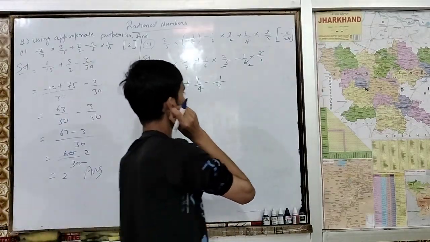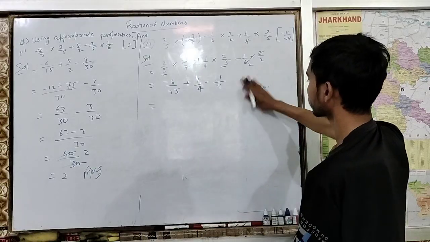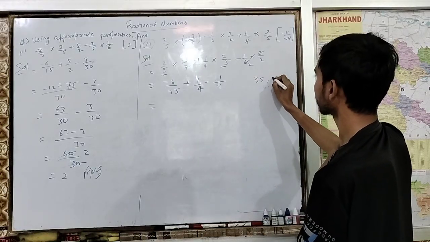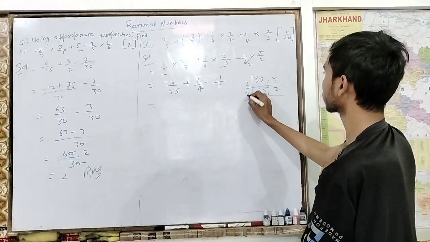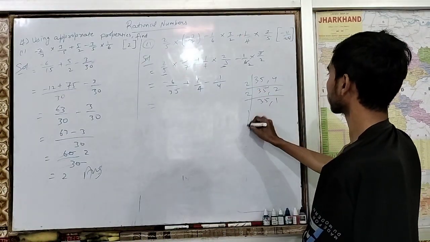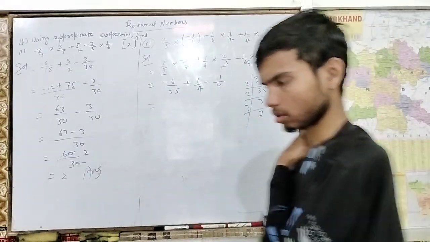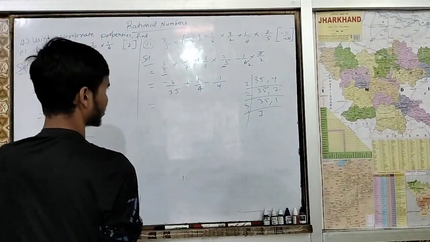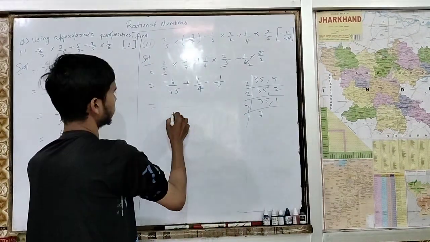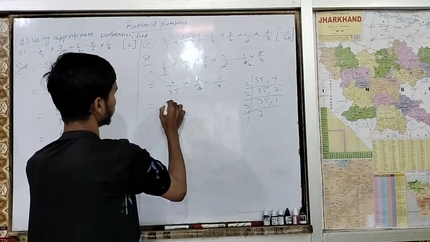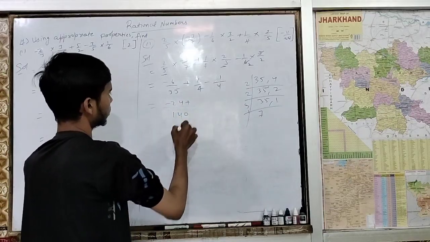So addition subtraction, minus 6 upon 35, 35 comma 4, 35 2 to the 4, 2 35 1, 5 7 2 to the 4, 4 to the 4 5 20, 140, again 140, 4 24, then plus